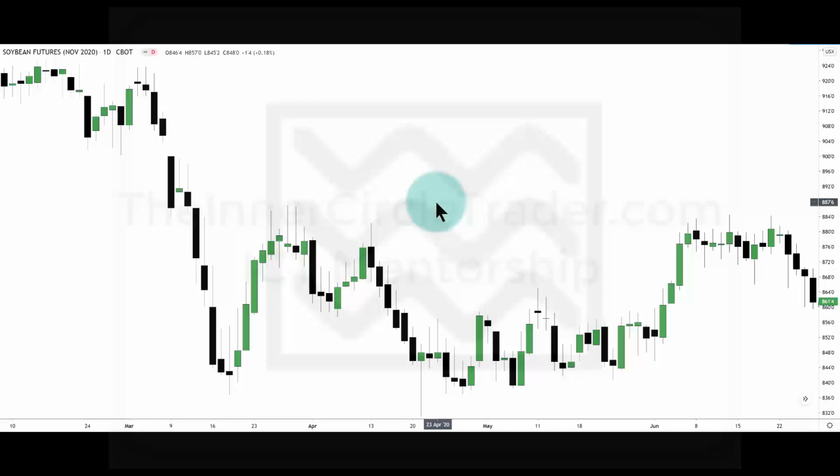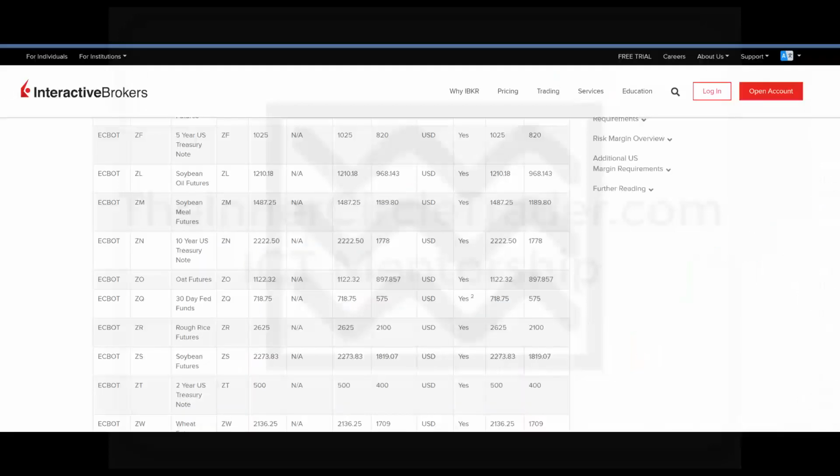Also, for those that are wondering what it takes to trade a market like this, if you're trading the underlying futures contract, you go to Interactive Brokers or another reputable brokerage firm. Let me preface it by saying this: I do not have any affiliation or relationship with Interactive Brokers. I am not an introducing broker. An introducing broker is someone that talks about a brokerage firm to get you enticed to sign up with them. I'm telling you, do not open up with Interactive Brokers, not because they're a bad broker, but because I don't want any misunderstandings about this. I am not posing as, hey, everyone go here. All right, so that way you understand.